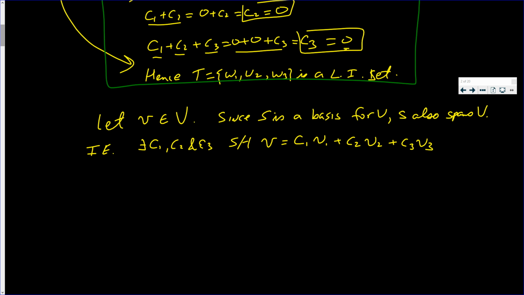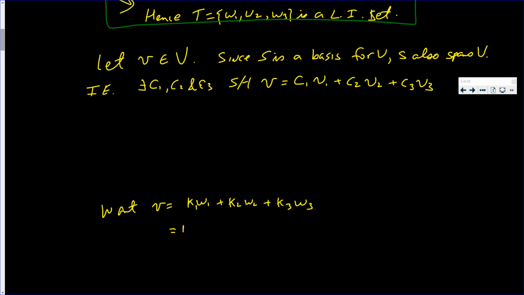Okay. Now, what do I want? I want that V is, say, K1 W1 plus K2 W2 plus K3 W3,